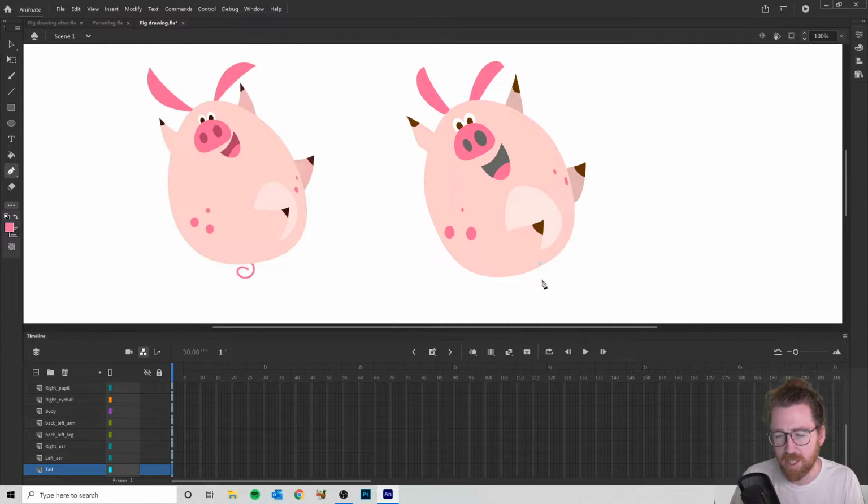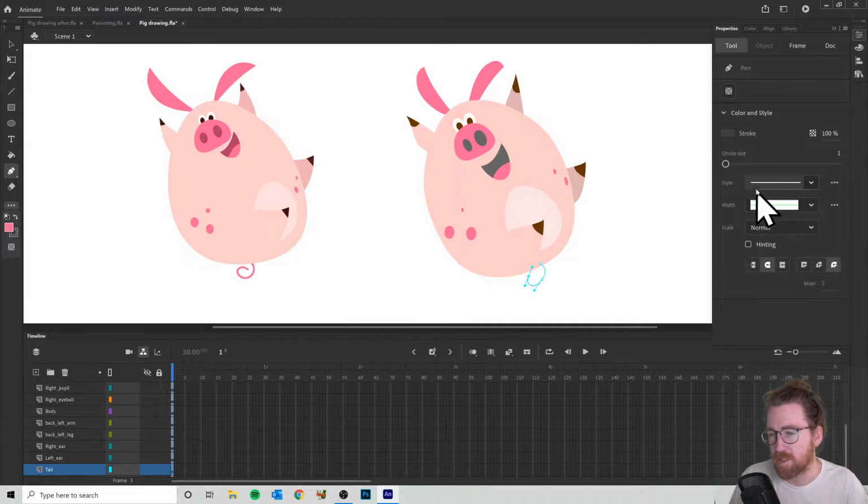you just go straight down and click and hold this next time. So click and hold your mouse button and then click and hold again. You won't see much because our stroke size is really small. But if we go to our properties panel, just up the stroke size to about,